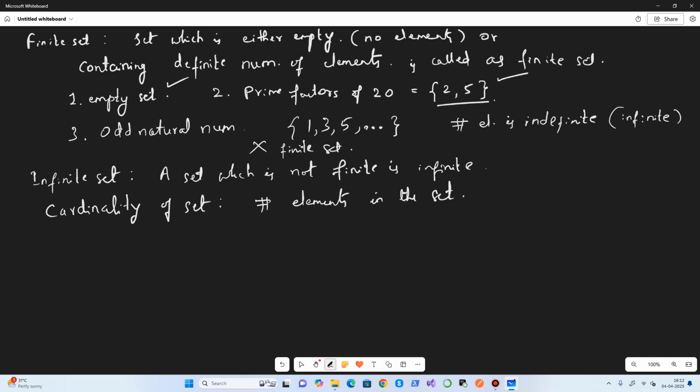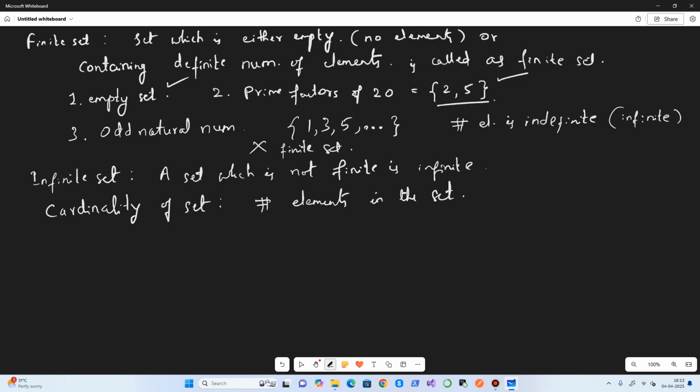It is always some known number, whereas the cardinality of an infinite set is infinity. We don't know the size of that set, right? So that is the cardinality. The cardinality of the empty set is 0. The number of elements in the empty set is 0.